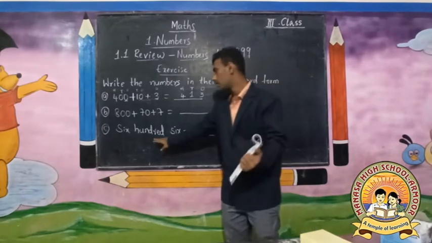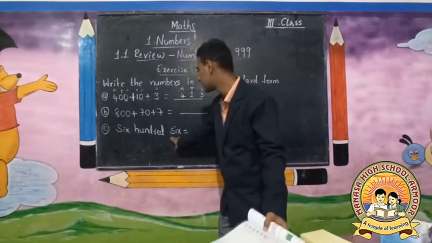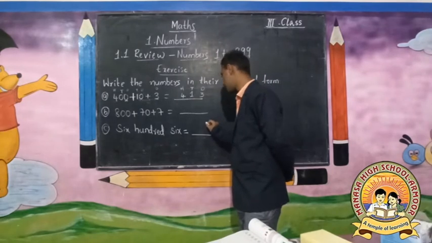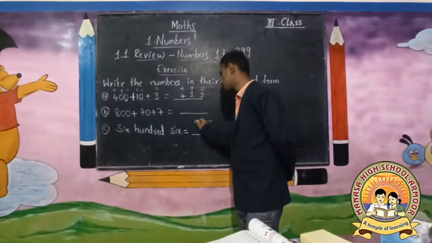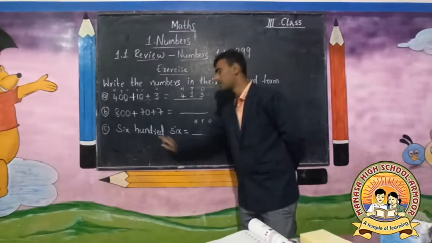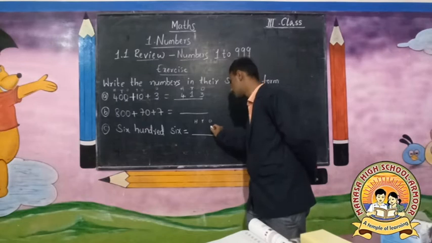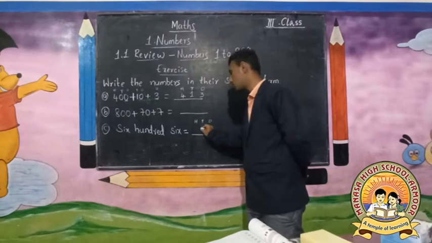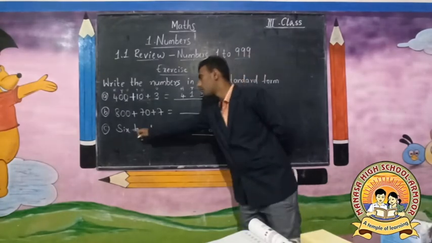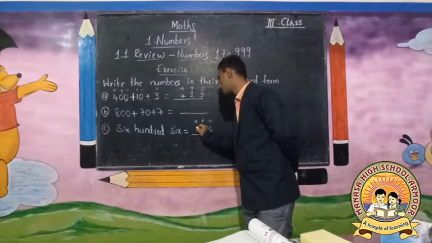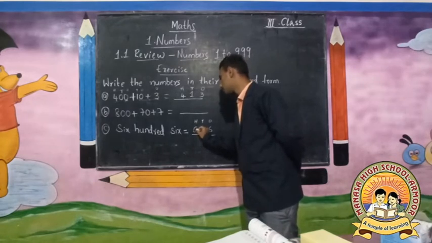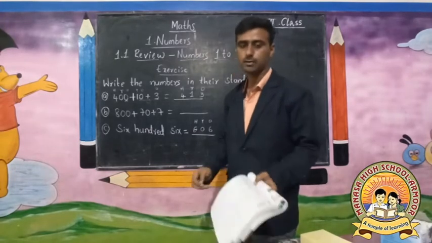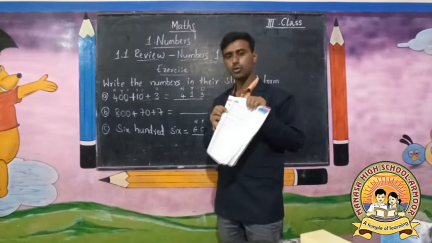Let us see this number, 606, is given. You know very well, children. Here write ones, tens and hundreds. 606 as given. So in the ones place is 6. Tens place is not given, so write 0. In the hundreds place we have 6, so write 6. It becomes 606. So children, the remaining problems you do in your textbook.